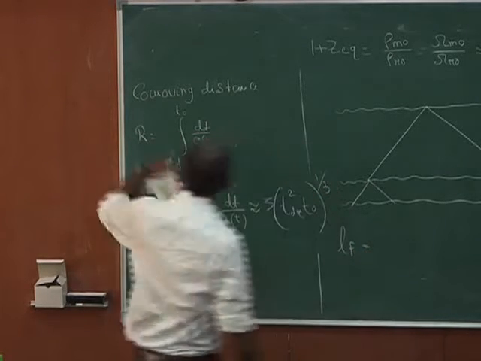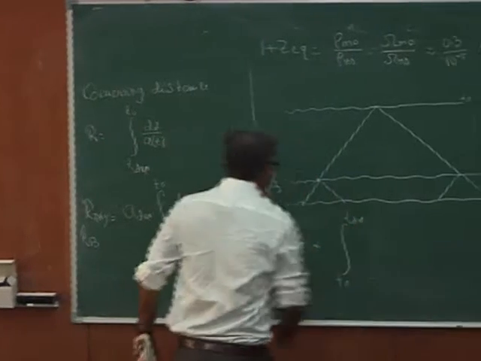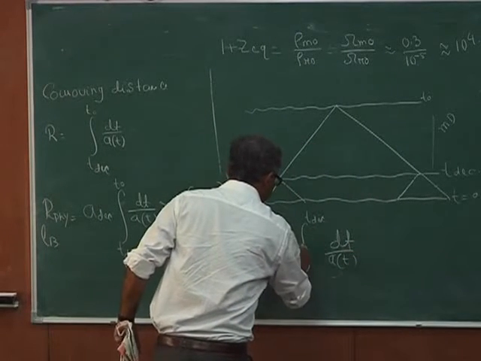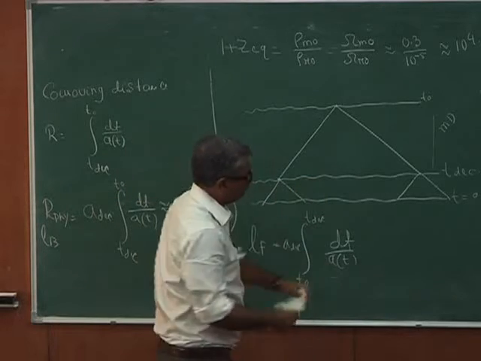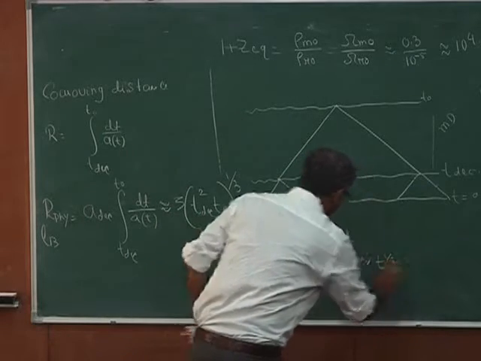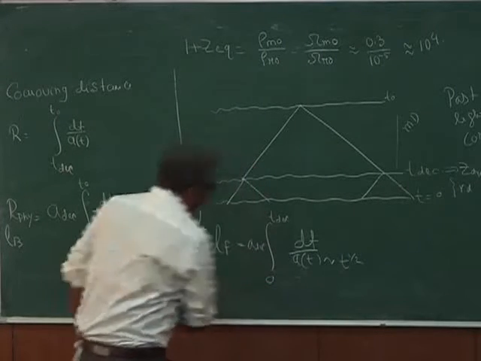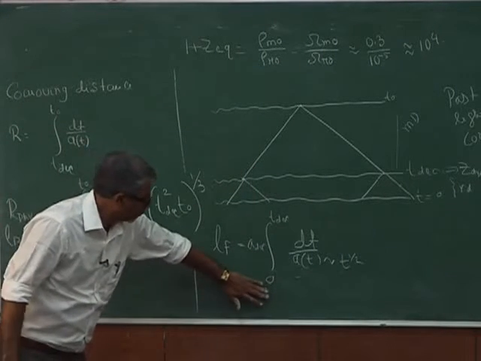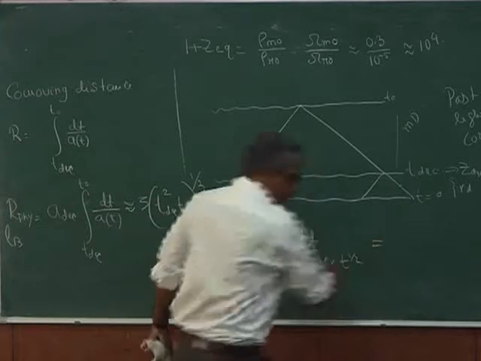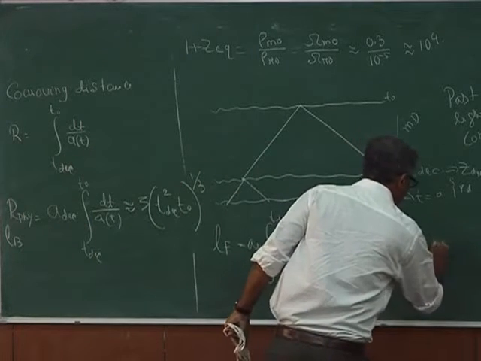will be the same integration, but now from t equal to 0 to t equal to t decoupling, again this integration dt by a(t), and a decoupling I have to multiply here. As I said, this is roughly radiation dominated, so a(t) will be roughly t to the power half. I do the integration. This is t equal to 0. I can ignore the contribution coming from here, this is 400,000, this is roughly 0. So what I get here is this number will come out to be roughly 2 into t decoupling.